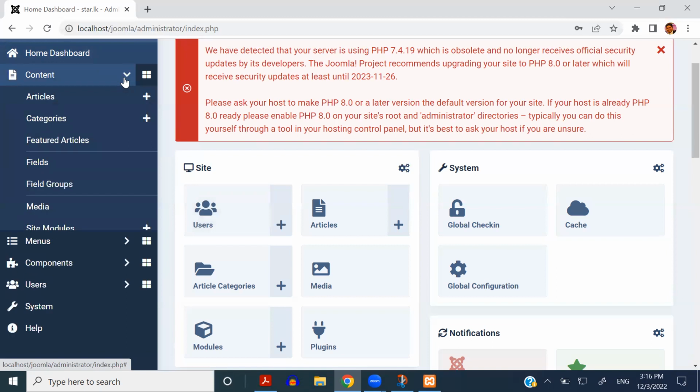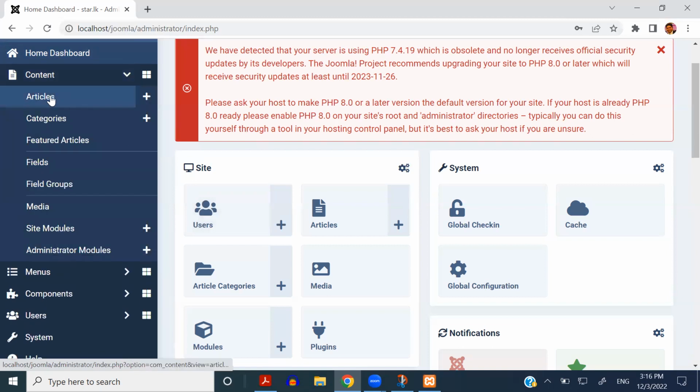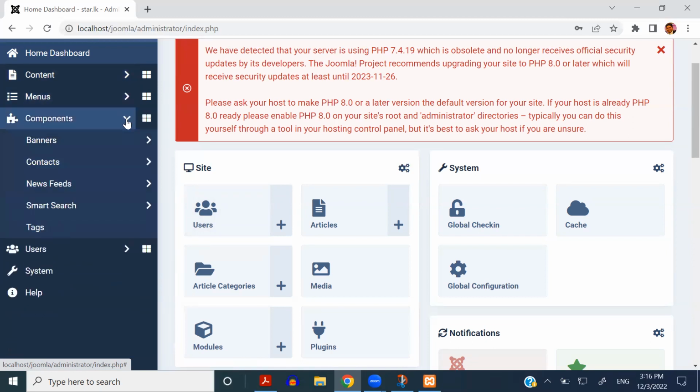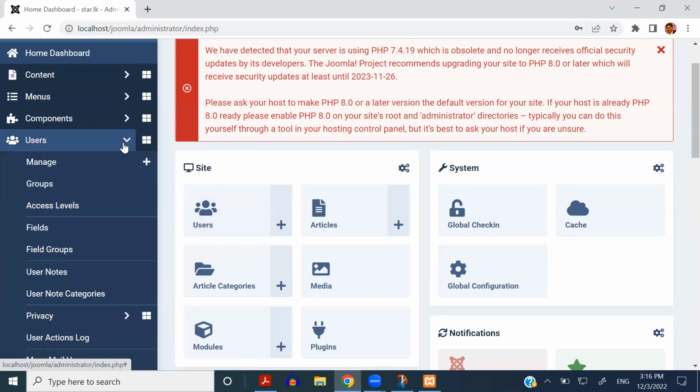So if I go to the contents, we can find articles, categories, featured articles, fields, field groups, many different kind of things are there. As well as there are menus and the components are there,